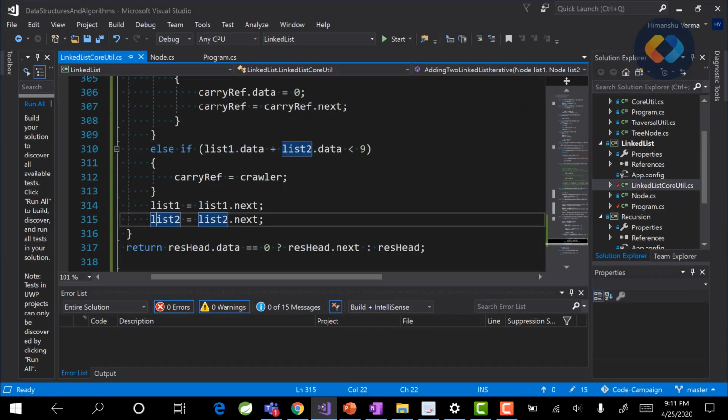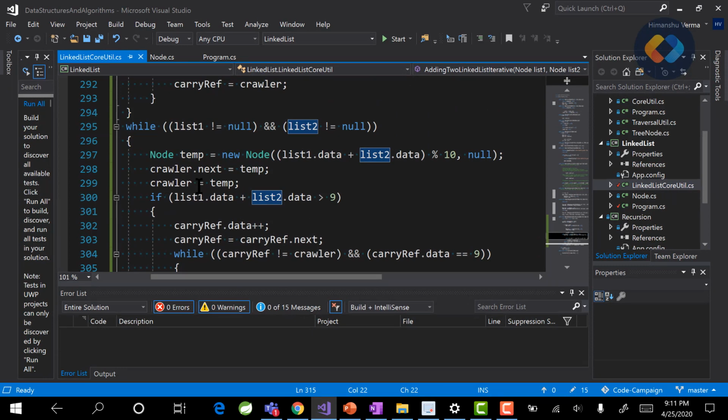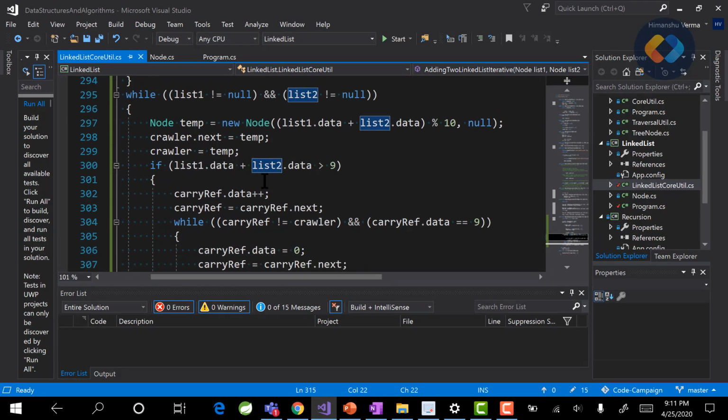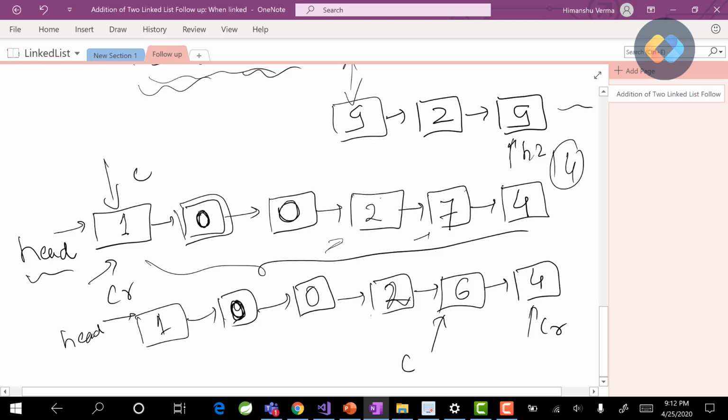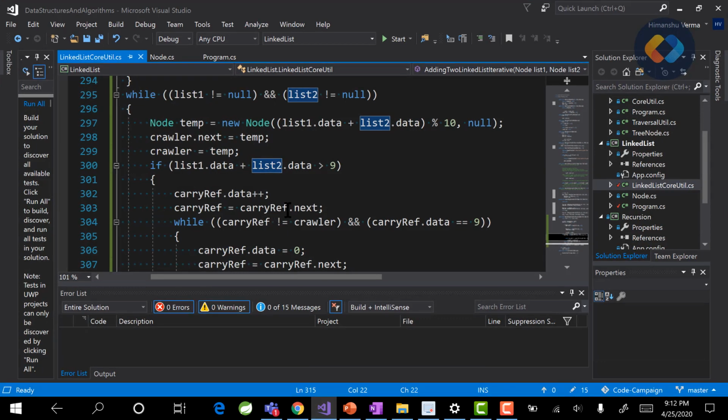So the crawler will move there, and after that we'll check if the summation was greater than 9. Yes, the summation was greater than 9. So again, whatever node carry is pointing to, let's increment its value by 1. So carry will just increment this value by 1, so this will become 7. Now after this, we'll move carry to the next node.